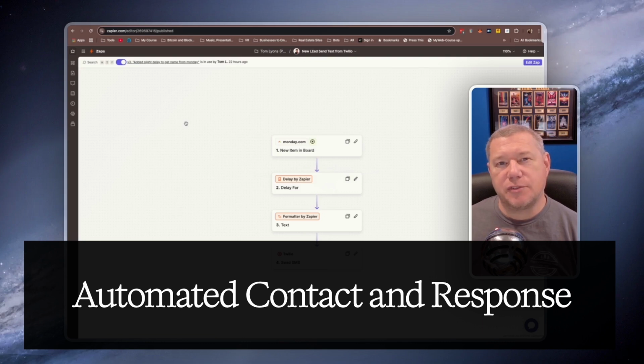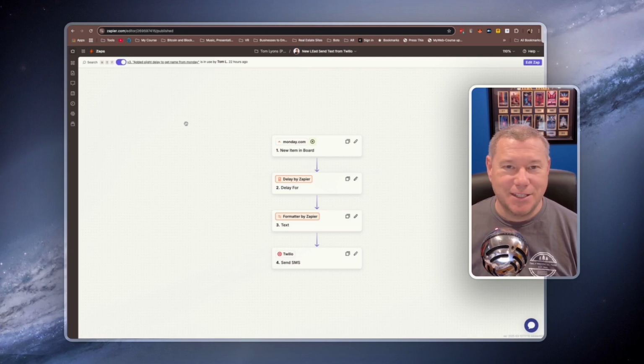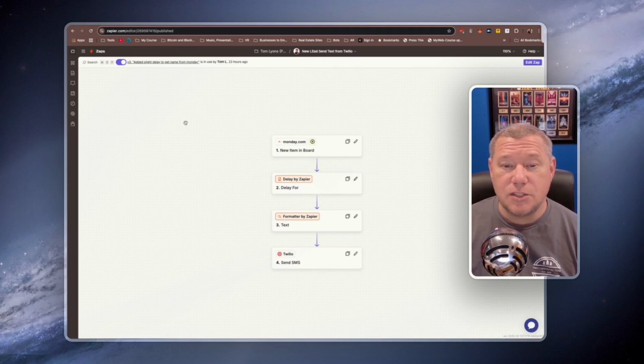I think most of us heard that you have to respond within 5 minutes if you're going to be able to get a hold of somebody. That number came out a good 10 years ago, and it's dropped significantly. 5 minutes is now too long to take to respond to a lead, unfortunately. So we've been introducing automations that allow us to respond within 60 seconds to a lead, and one of them